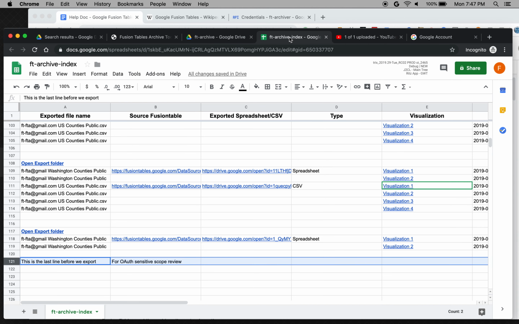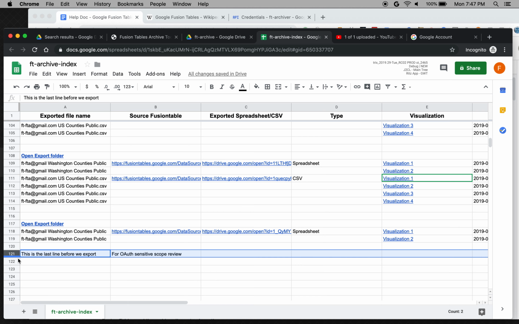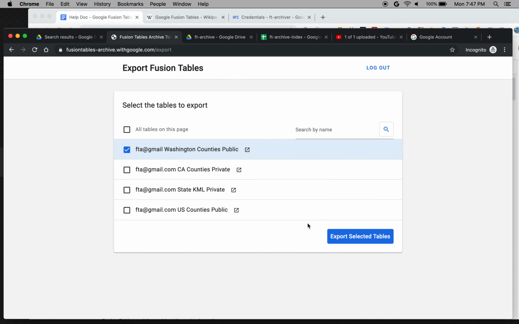Before we go on, we can see that there is a sheet that captures every time we run the tool. And in this case, we just simply append lines every time we run the tool. So here's a line right here saying this is the last line before we export. Fusion tables scope review. We're going to find that we're going to get a couple new lines after line 121 when we run the tool. So let's run the tool,